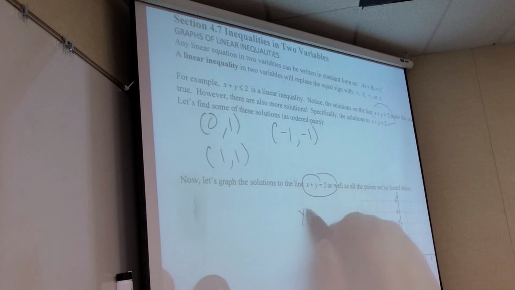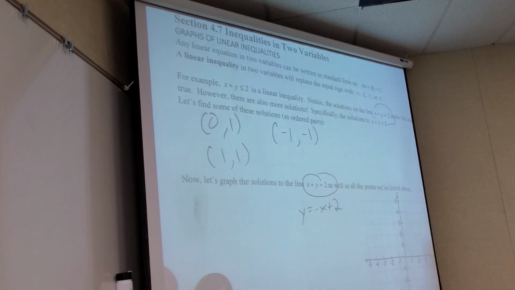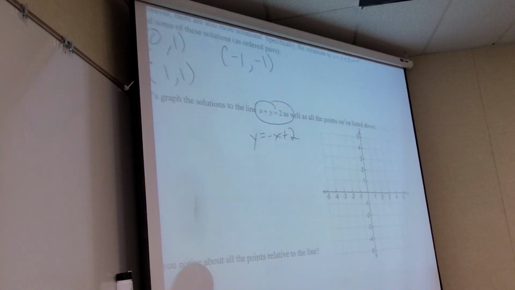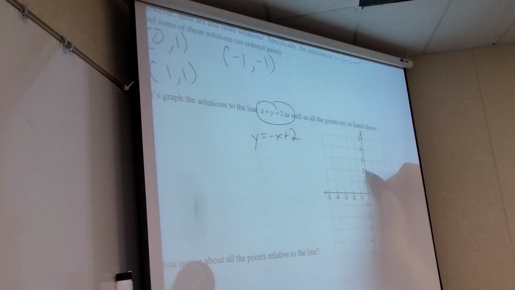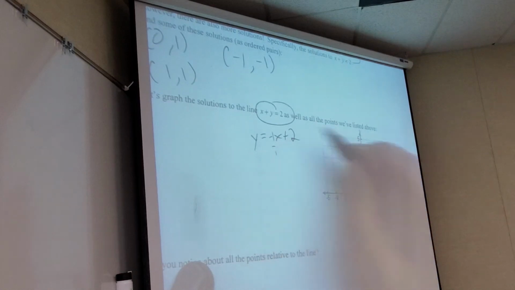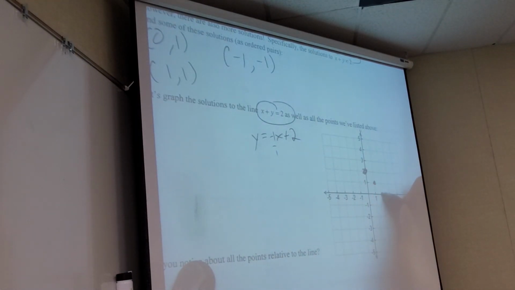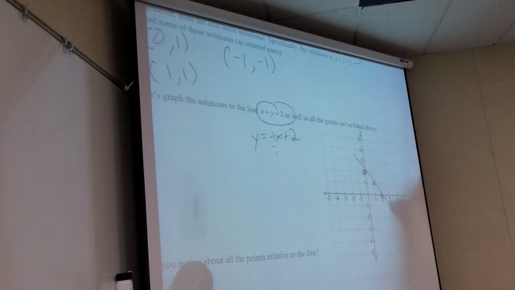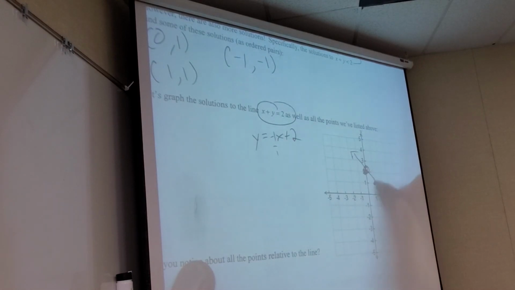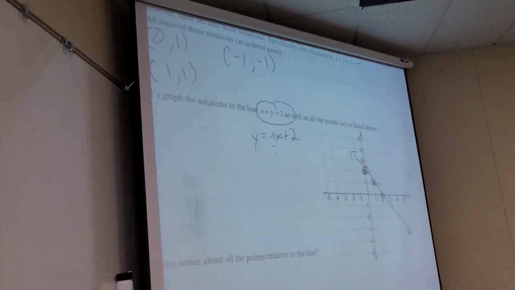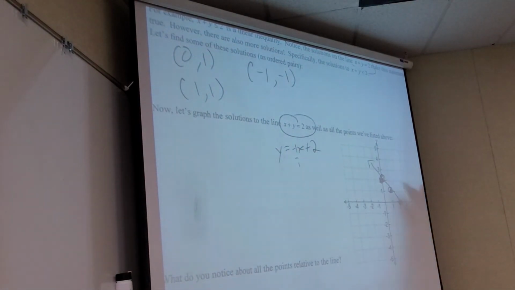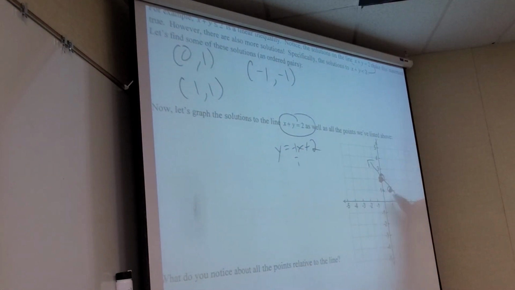So if I do solve for y, what's the y-intercept? 0, 2. And then from there I'm going to go down 1, over 1, down 1, over 1. All right, so there's the line. Make that big. There we go. Now, if you just plot some of these points that we said work, 0, 1 is right there. -1, -1,